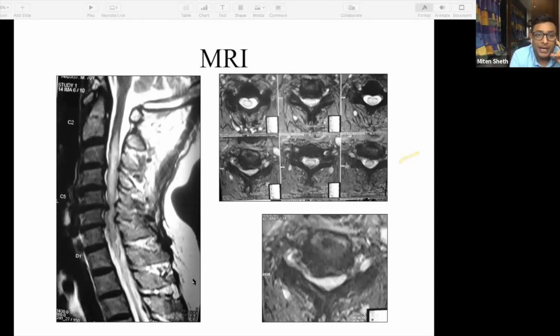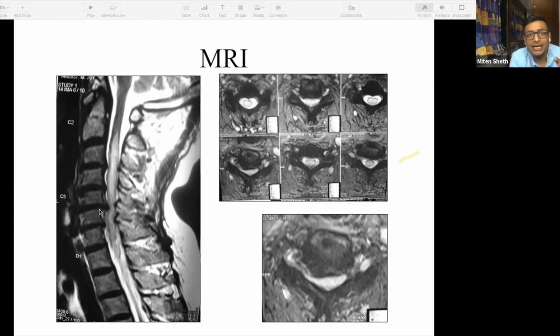So typically when you're seeing an MRI of the cervical spine, you see the T2 weighted image, you see the alignment, you see the discs, and you see what is happening to the disc. If they are bulging in the back, you see the posterior elements, you see the cord. So here typically, if I have to read this, I'll say this is a sagittal T2 weighted MRI showing multiple level disc degeneration, multiple level facet hypertrophy, and cervical cord which is stenotic, maximum at C5-C6 with some cord signal changes. Again the same rules apply.